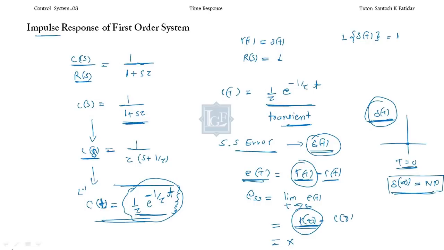Okay. So finally, the conclusion for the impulse response of the first order system is the output c(t) you'll get is 1 by tau e to the power minus t by tau. This is your response. Correct? Okay. Now one more thing, the steady state error is not defined for impulse response. So only two things are here. Correct? Now we'll switch to the